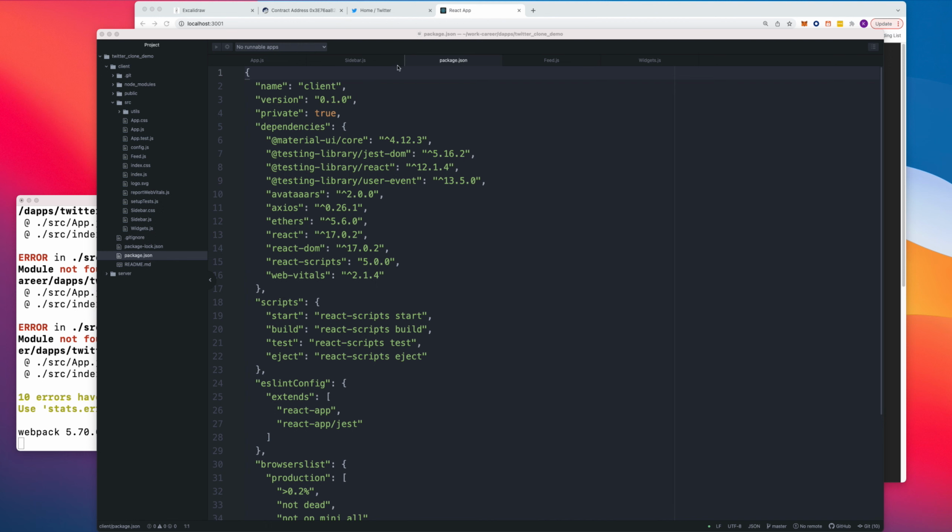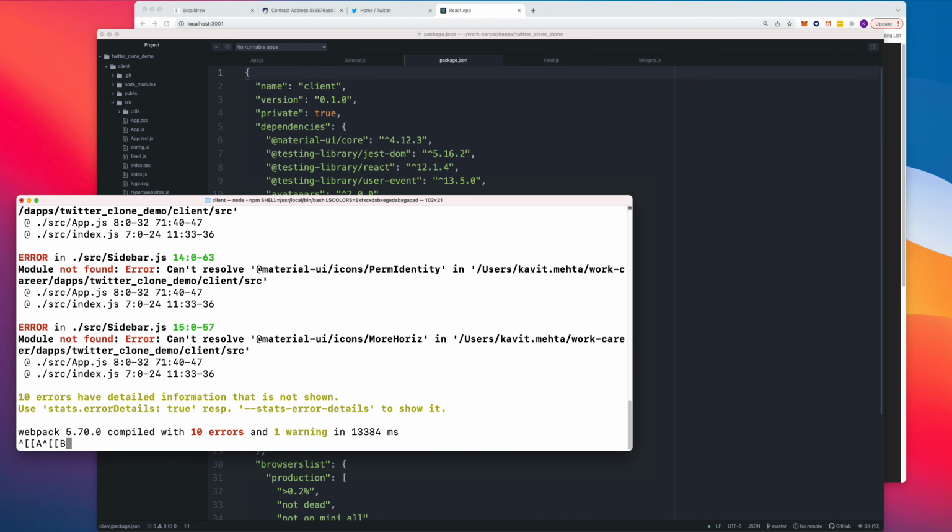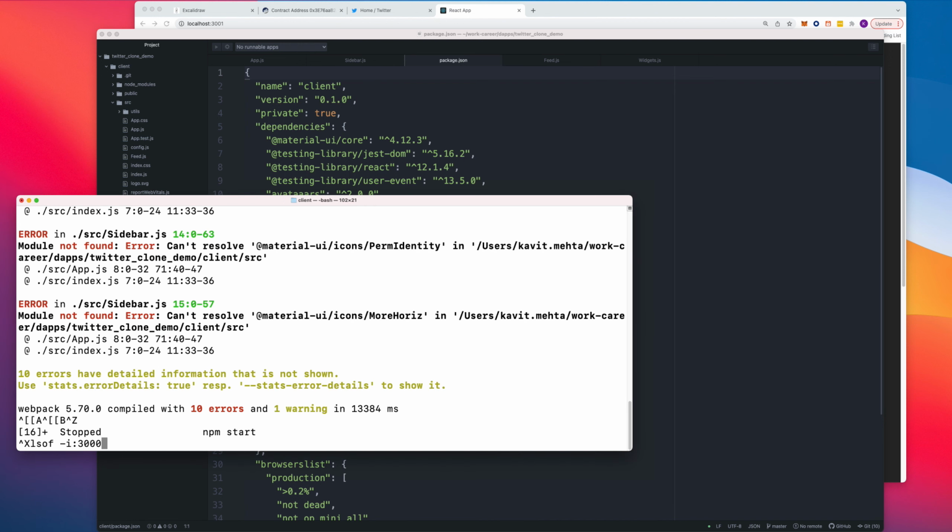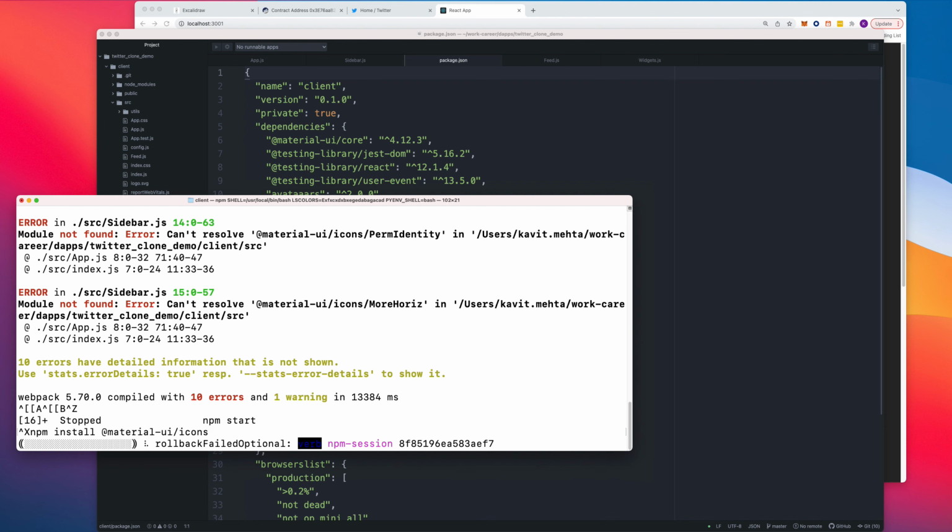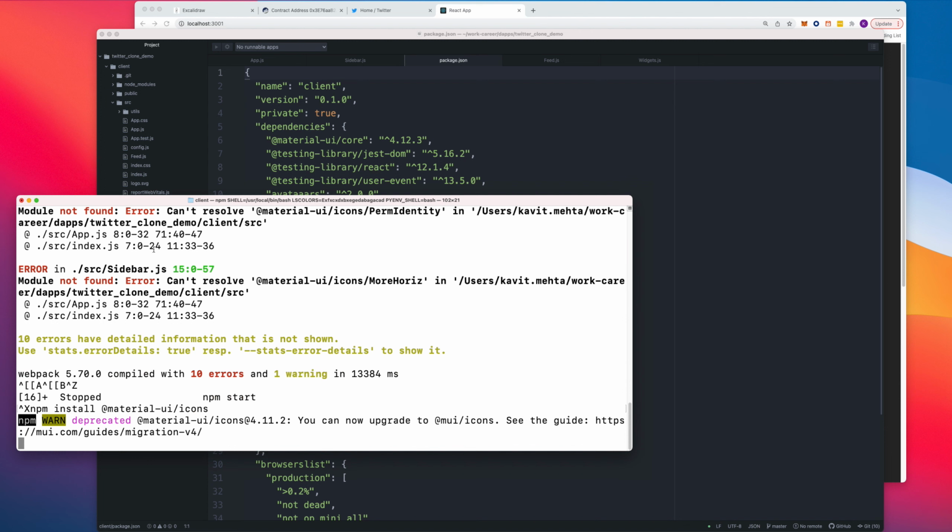Oh, so I guess I need to import one more material UI icons, I guess. Yeah, that is one more library that I needed to do npm. Once that is done,